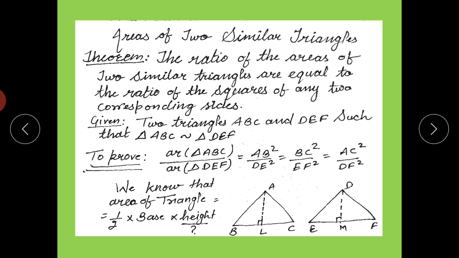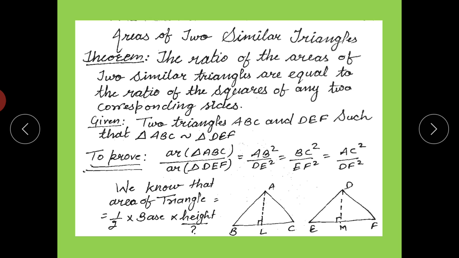मतलब समझे, what is given here? The given is two triangles are similar. What is given here? Two triangles are similar, and the ratio of the areas of these two triangles is equal to the ratio of their corresponding sides whole square, or the square of the ratio of their corresponding sides.